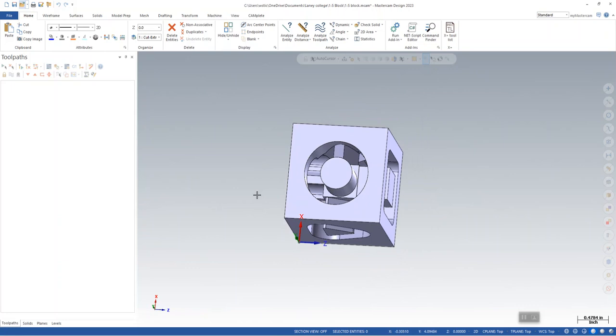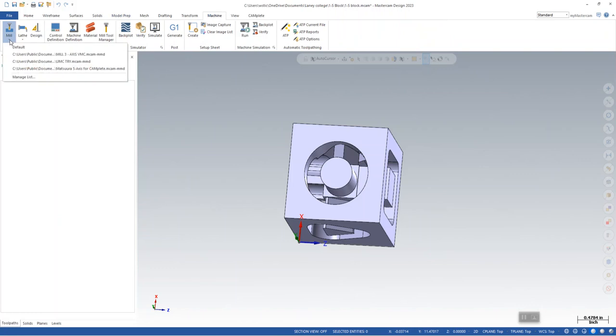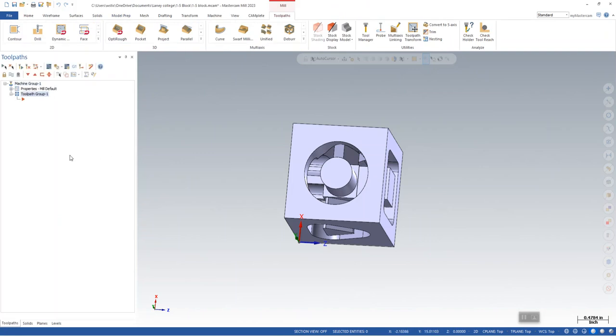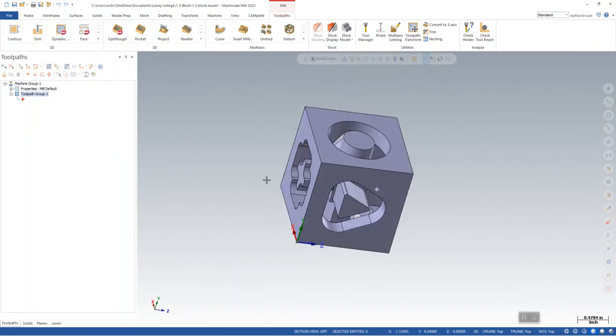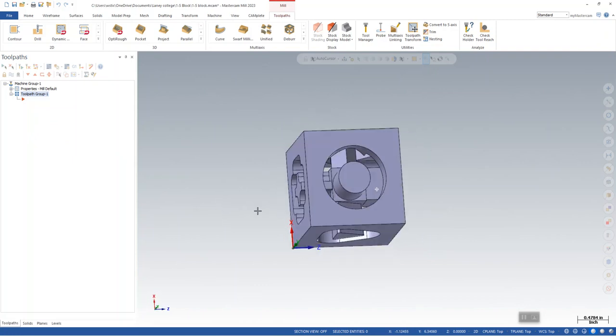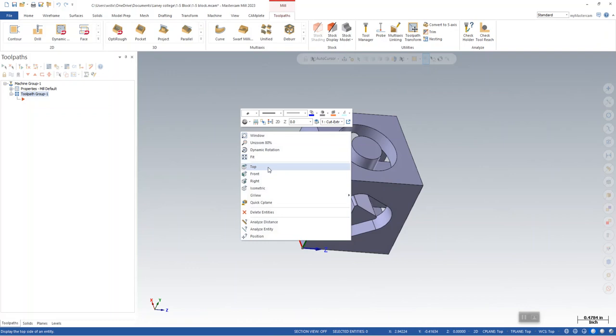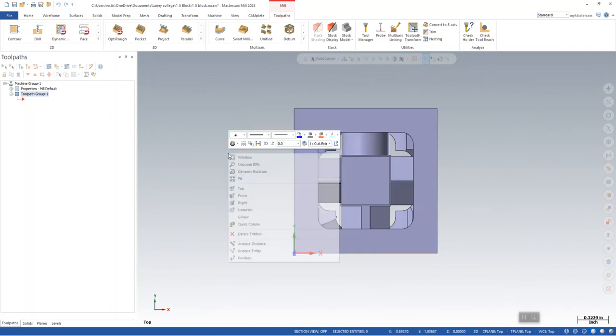go ahead and bring in a machine. So up here at the top, machine, mill. And you can use default, that's fine for now. Okay. If I do a right click top,